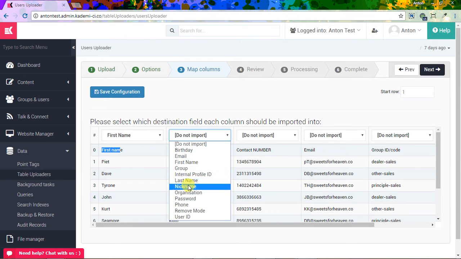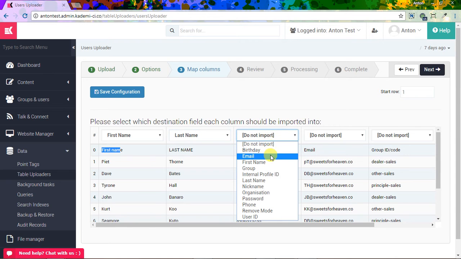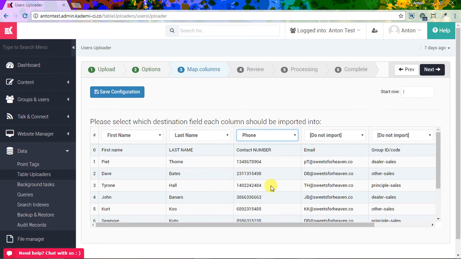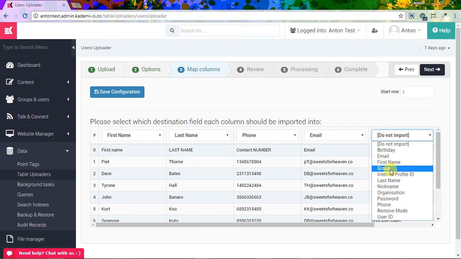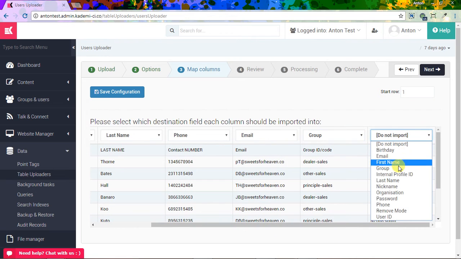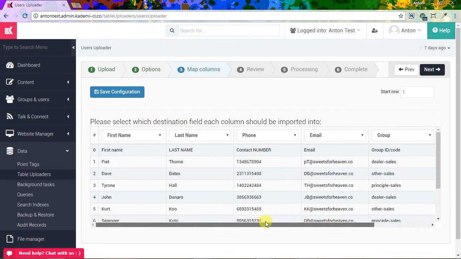I'm just going to add these in. There's quite a few options, so just remember that. And email, that's group. This will be the organization, and that's basically it. Now what we're going to do is click next,